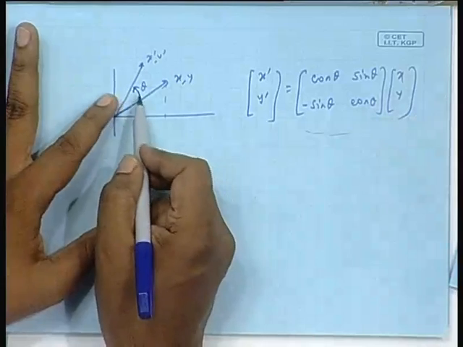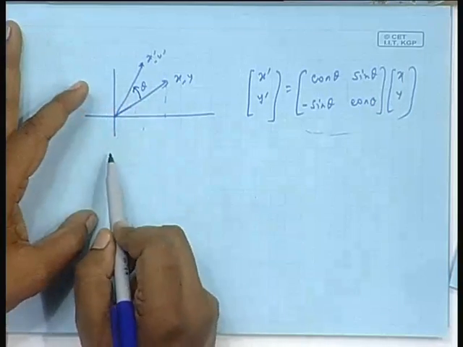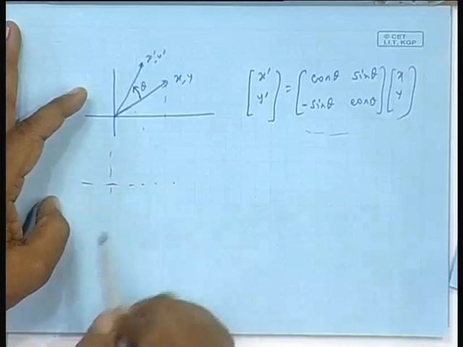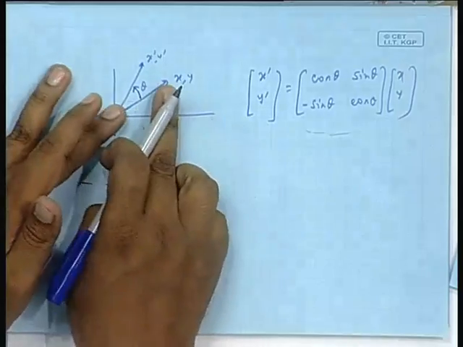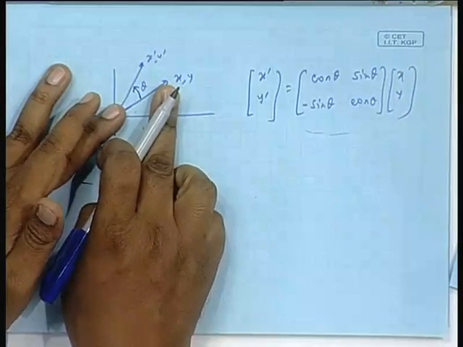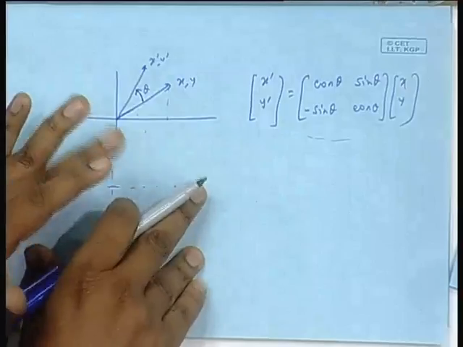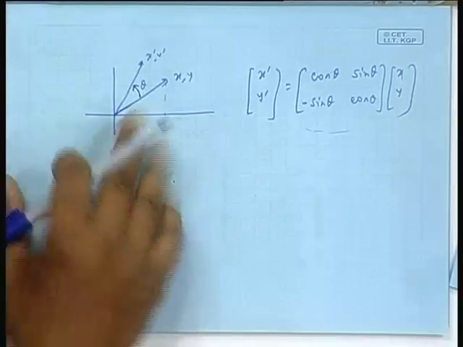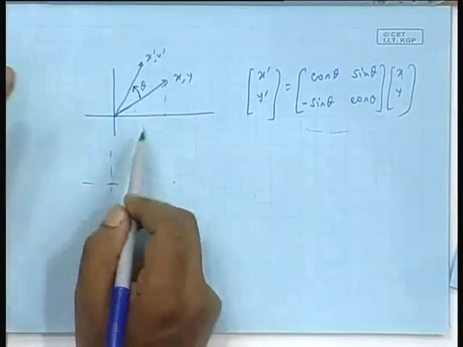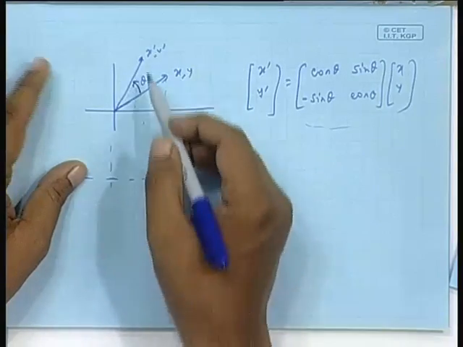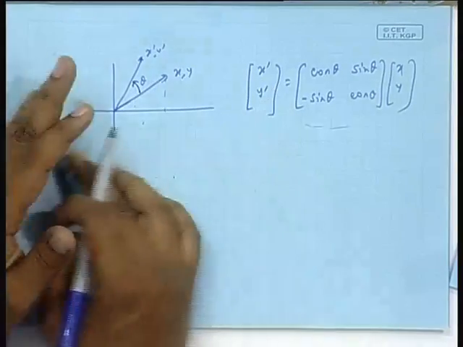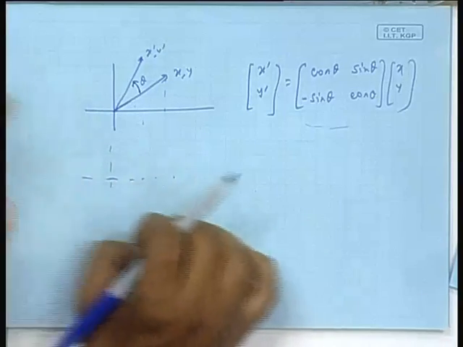Now, rotating by theta in the other direction, you all agree, it will give me the same thing. If I hold the vector as it is, and rotate the two axes in the opposite direction, the angle will be 90 degrees, they will be orthogonal, but the two are rotated backward by theta. Still the total angle will be theta plus alpha, and therefore the x prime y prime values that come up will be the same.